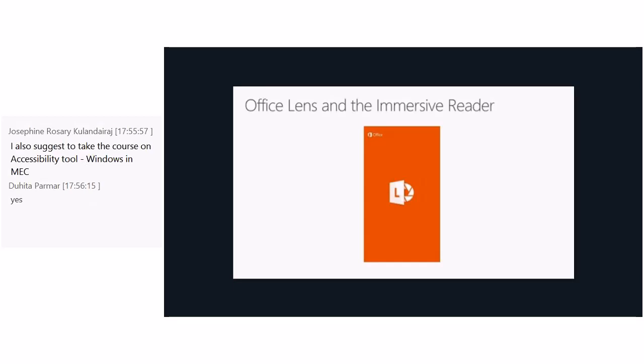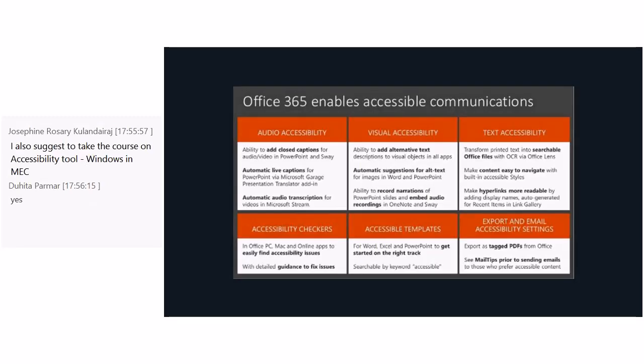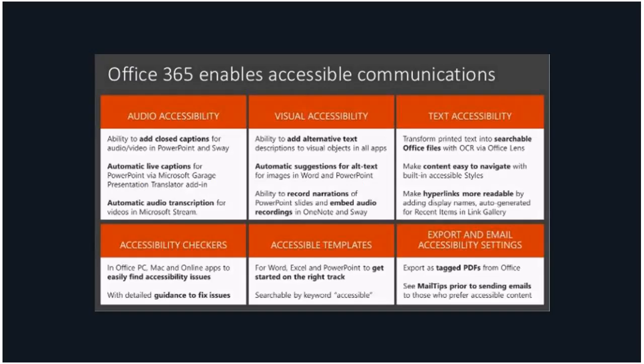I think we all know, therefore I shall not dwell further, but I don't want to miss talking about Office Lens and Immersive Reader. They're both these tools. What they do is they help visually challenged students to read the data in an easier manner by making the size of the font bigger or highlighting the text word by word or sentence by sentence as required by the reader. So to just put it all together, Office 365 enables accessibility communications, audio accessibility, visual text accessibility checkers,